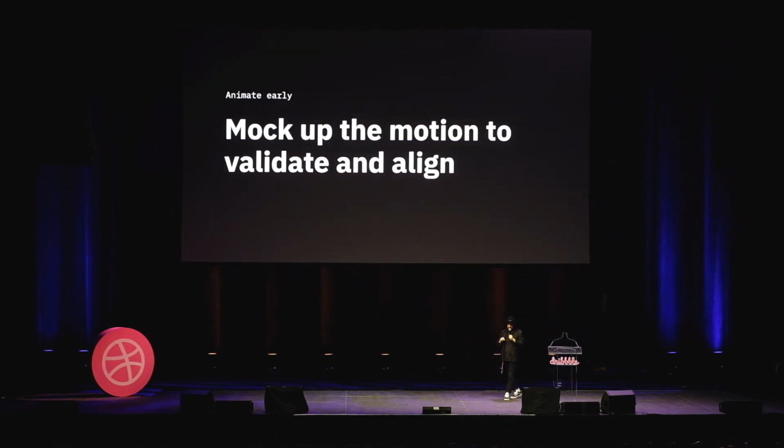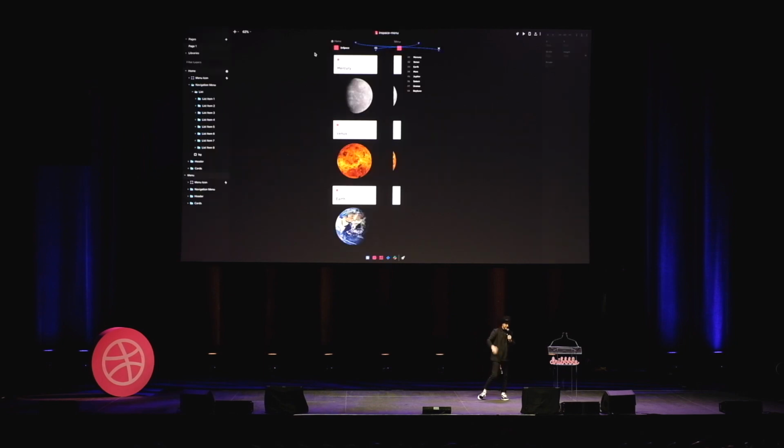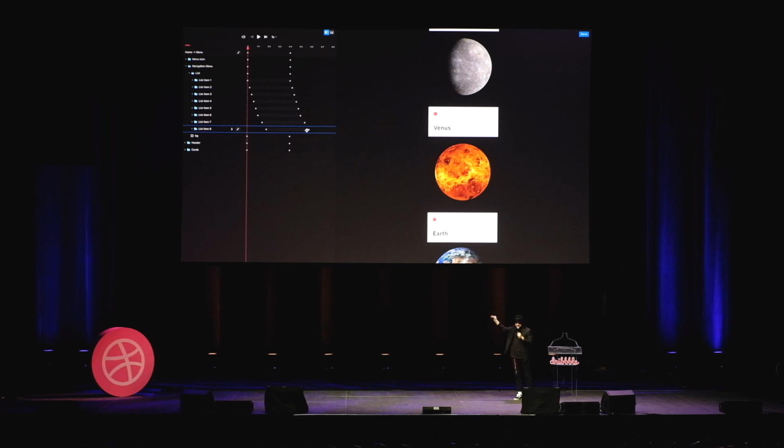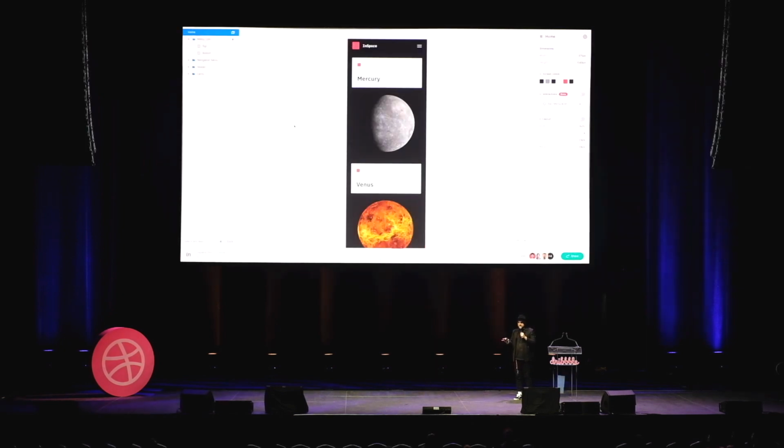Lastly, my last tip for animating early is to start mocking up these motion decisions as soon as you're moving into high fidelity and comping up your designs. While this is still just representing a picture of your design, it's not the actual product that you're going to ship. That's totally okay, because at this point in your process, you're still just trying to align yourself and make